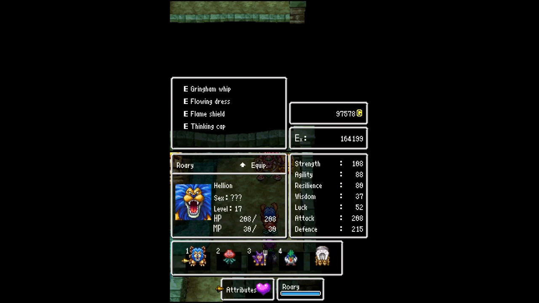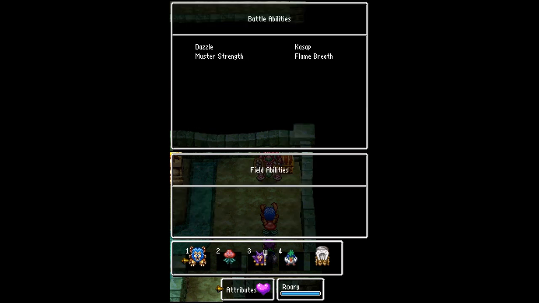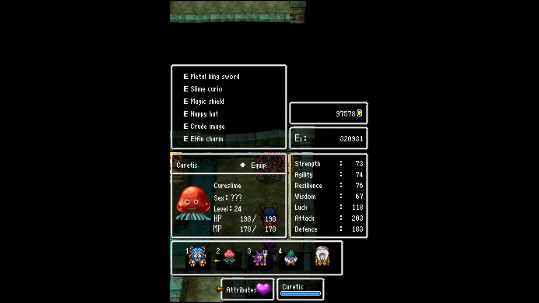As you can see, Rory is fitting in as our tank and attacker here for the most part, though in time I'm probably going to need to put some strength seeds on him, since as much as he's doing pretty good damage, it's definitely not outstanding in any particular way. But he does have some neat skills that aren't going to be relevant to this fight, but in later fights. Then Curtis here is doing...